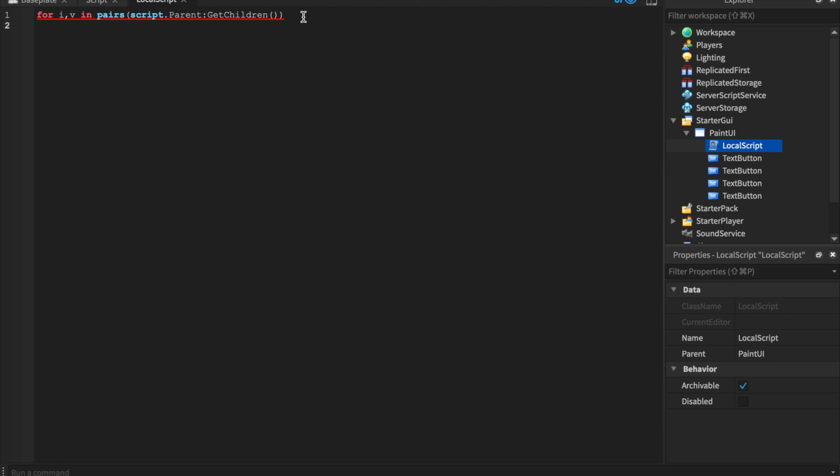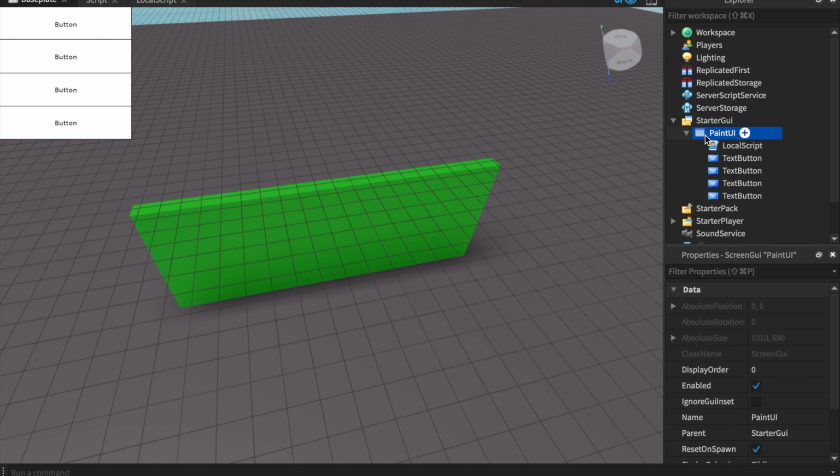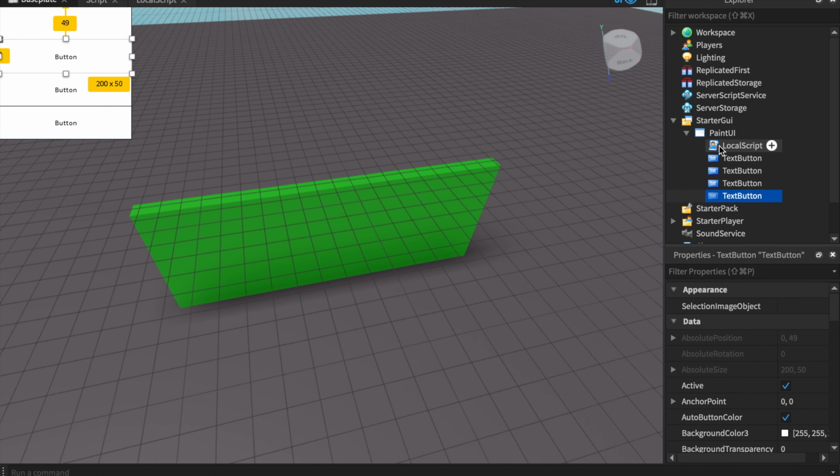You're going to get an error. Don't worry, because I didn't add do, and that's going to automatically complete. So that's a basic for loop. You're getting all the children that are in Paint UI here. If v is each child, so if we're selecting each child, then when we get the parent, the Paint UI, and look for all of the children,